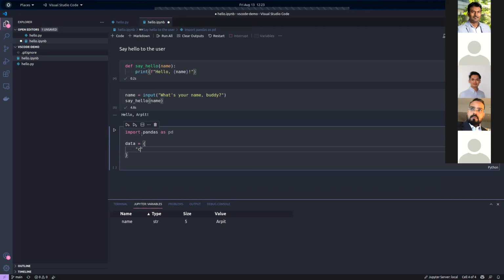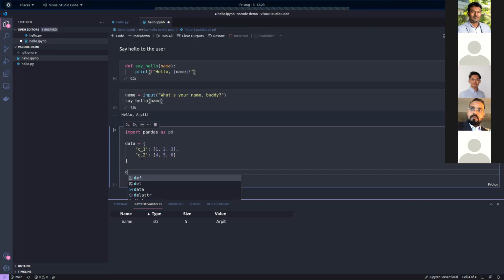I'll create two columns and add some numeric values to them.